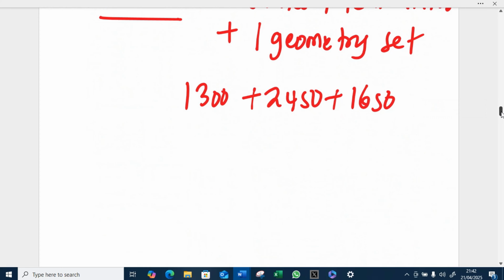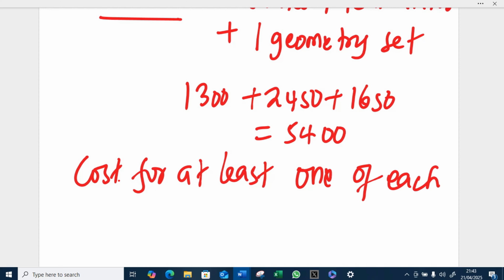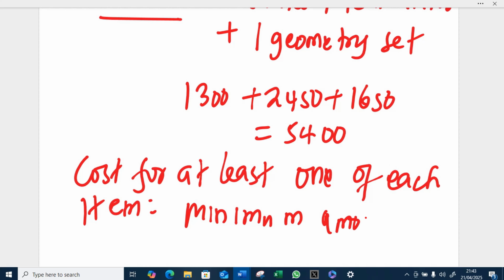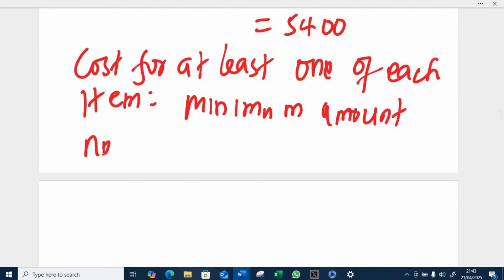So on our calculator, this is giving us 5,400 shillings. So if someone wants to buy at least one item, this is the cost for at least one of each item. So the minimum amount needed is